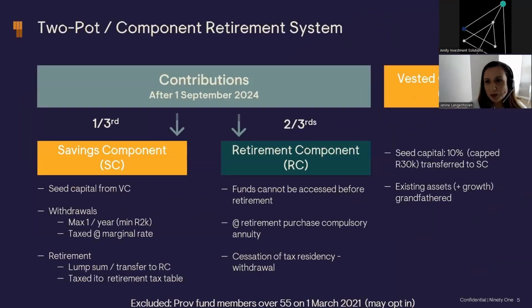Okay, so the 2-pot system or the 4-pot system. Just a recap of what exactly this whole thing is going to look like. Firstly, whatever money the taxpayer has available in his retirement fund when all of this becomes effective on the 1st of September, that money will be protected, and the current rules as they apply today will continue to apply